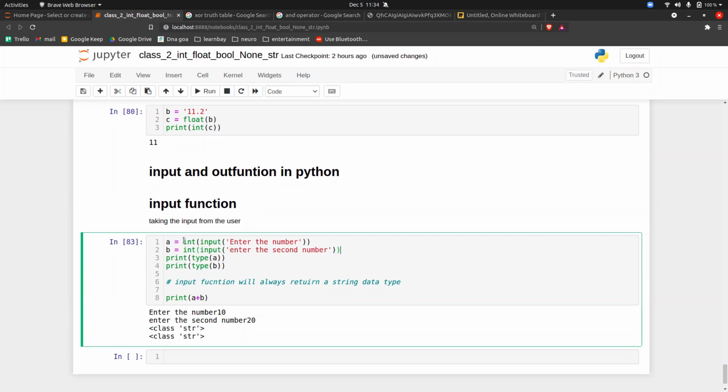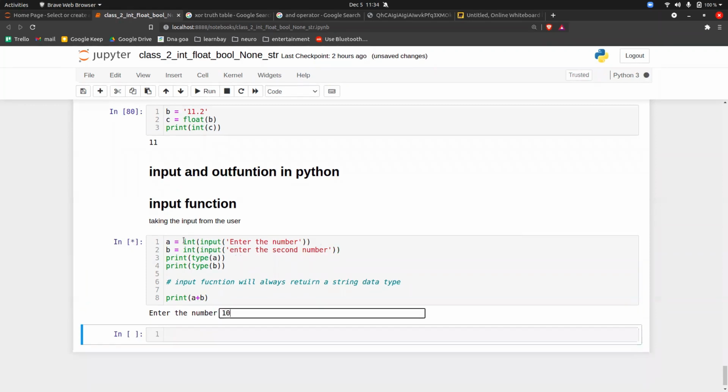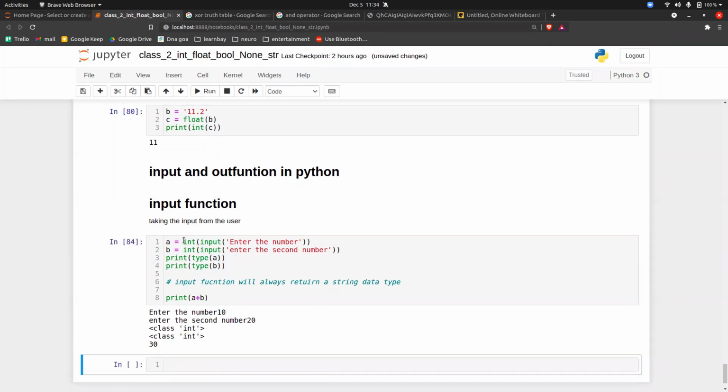See, 10, 20, it is an integer, and now if you are doing A plus B, it is 10 plus 20, that is 30. This is the solution for it.